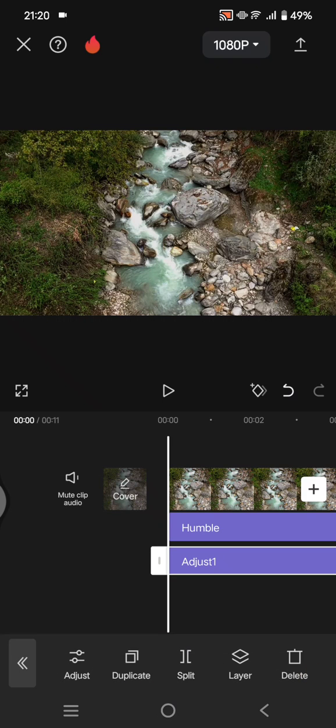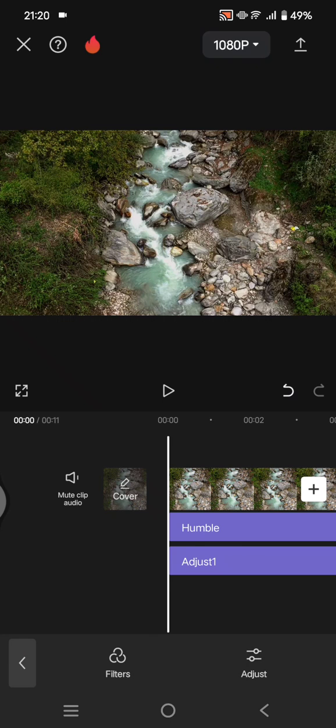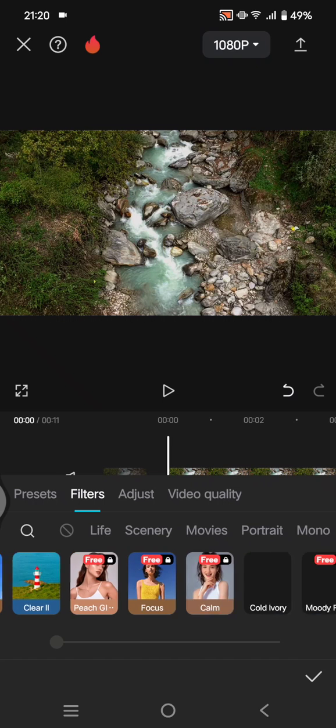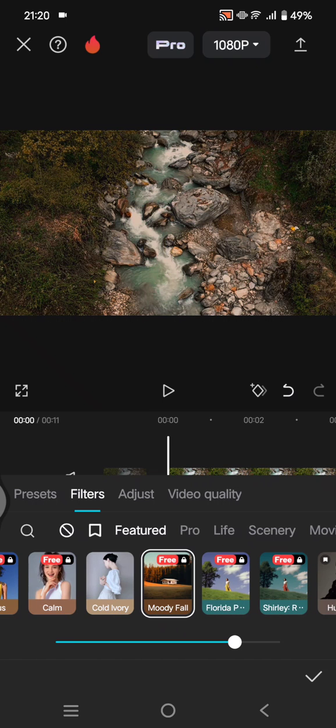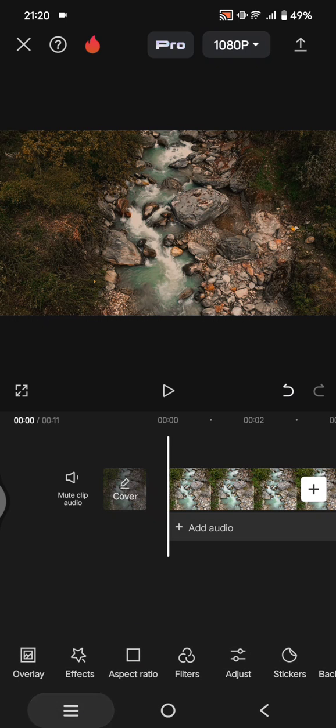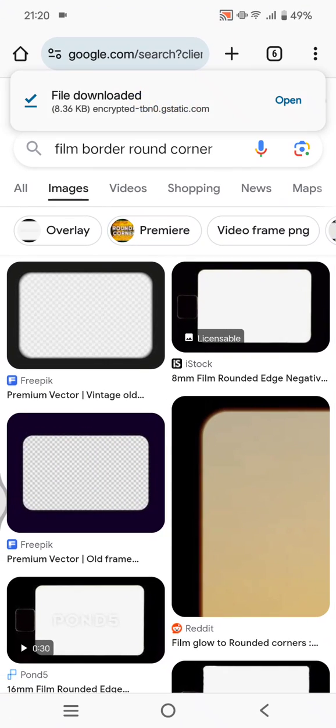Okay, and after that I'm going to add the other filter. Here I'm going to add the moody fall to make the color pop up. You can adjust it to your preference. I'm going to go with 85. Click on the check icon, and now you need to go to your browser, go to Google and find this